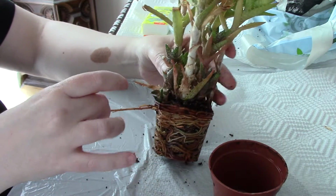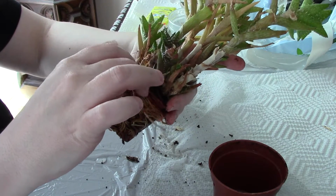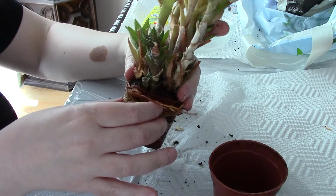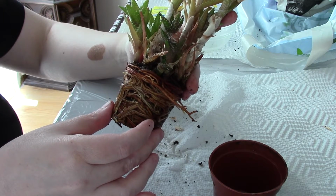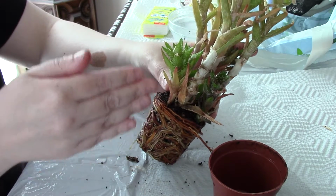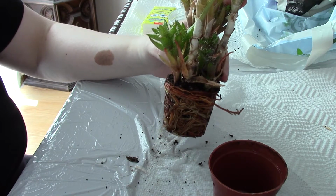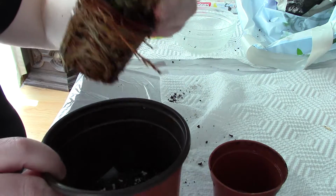So I guess this is one of the plants that I should have depotted the moment I got it from the store, and tried to get it into smaller containers. You see, I don't want to rip it. Normally what you would do, I guess, is cut through this using a knife, and then separate them that way. But I don't want to really damage the plant. What I'm going to do is just transplant it as it is,